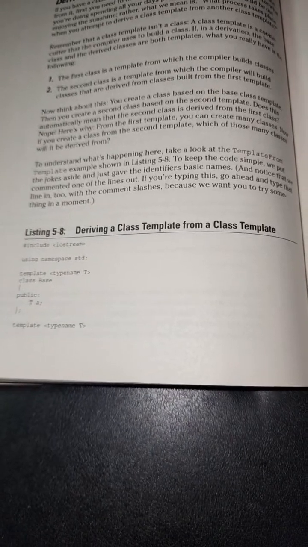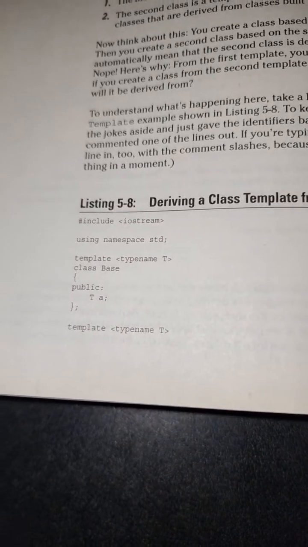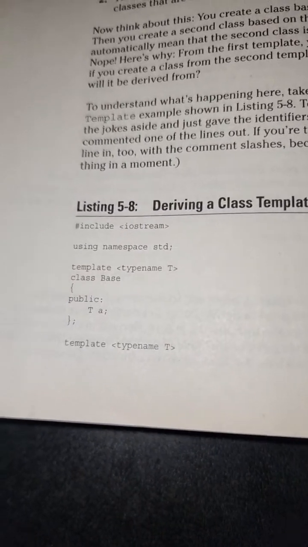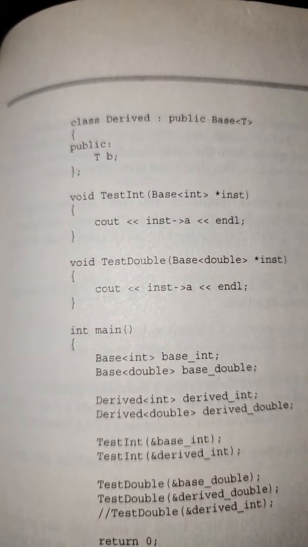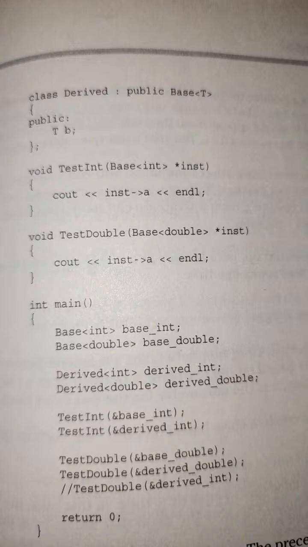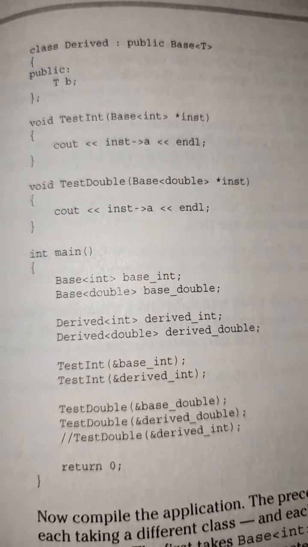Listing 5-8. Deriving a class template from a class template. #include <iostream>, using namespace std; template <typename T> class Base { public: T A; }; template <typename T> class Derived : public Base<T> { public: T B; }; void test(Base<int>* inst) { cout << inst->A << endl; } void test(Base<double>* inst) { cout << inst->A << endl; }